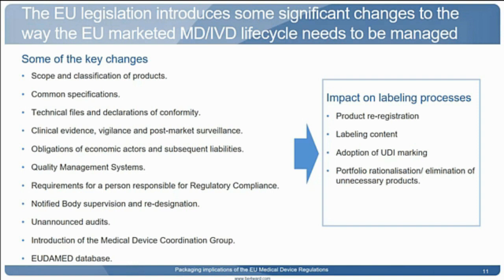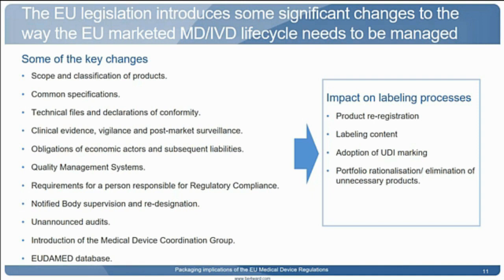Moving down a number of, because we talked about a few of these, I'd like to focus on unannounced audits towards the bottom of the list. The notified bodies will be permitted now, or will be expected now, to perform unannounced audits on the manufacturers that they've provided registrations for. This is a new requirement that the notified bodies haven't particularly done as yet. Some have started doing these audits already, and companies will need to be prepared for notified bodies coming in and doing these unannounced audits.